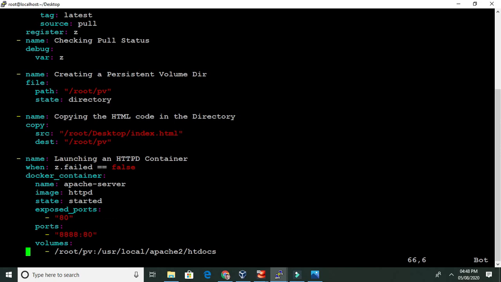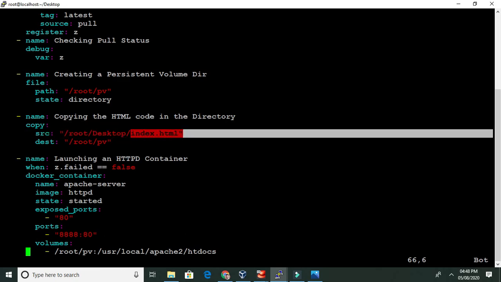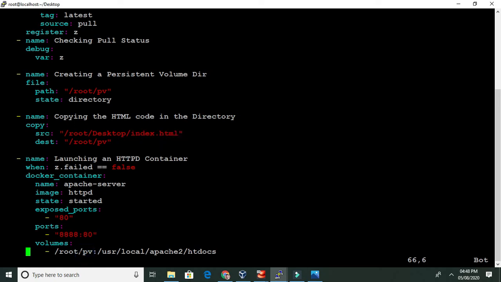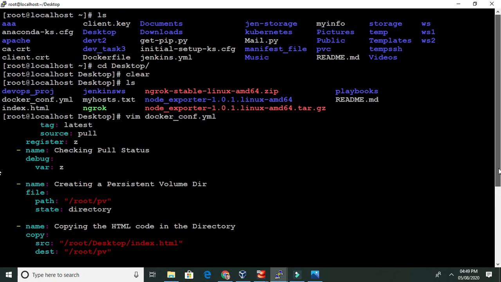So whatever we keep here will reflect to this location. So we can then access the web server using this port number, which is doing port forwarding. Okay, so this is the playbook.